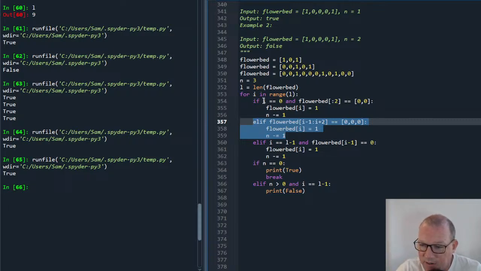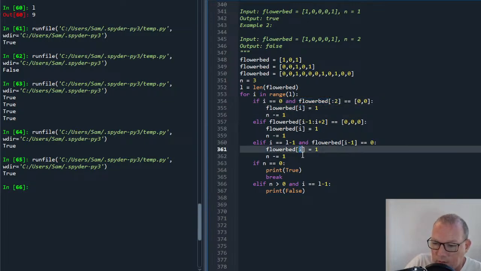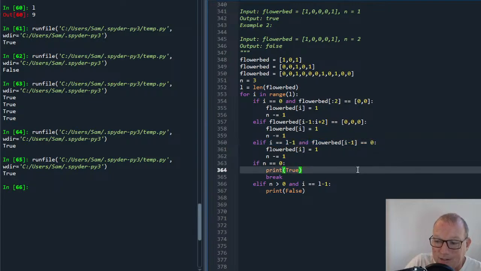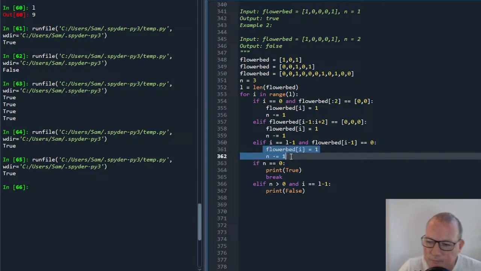So if it's this scenario, actually, I mean, if we really want to do this, we could make this very ugly and put this all on one. Because we're just changing the i. So if it's this scenario, or this scenario, or this scenario, I believe we could technically put this all on one. Because we're not doing a different action. Because if we look right here, it's all the same action. If this,